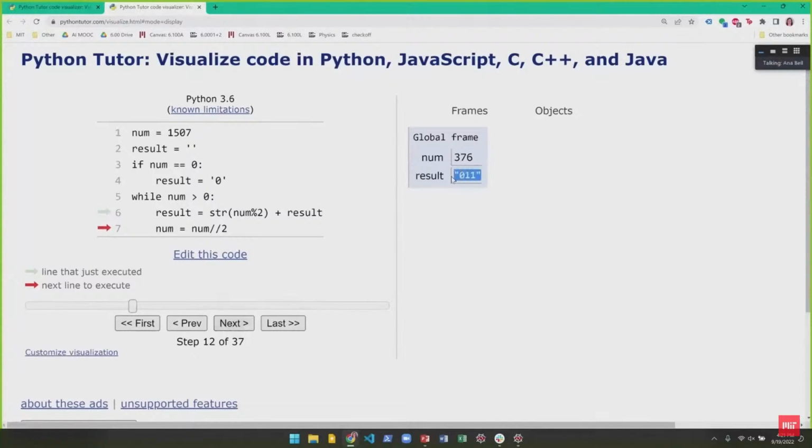So notice what happens to this string as we go step by step. 376 divided by 2 is 188. What is this? Even number. So we add a 0 to the front of this string. 188 divided by 2 is 94. Again, it's an even number, so we add a 0 to the front of this string. 94 divided by 2 is 47. It's odd, so we add a 1. 47 divided by 2 is 23. It's odd, so we add a 1. 23 divided by 2 is 11, so it's odd. So we add a 1. 11 divided by 2 is 5, so it's odd, so we add a 1. And then 5 divided by 2 is even, we add a 0, and then 1 is our last number, so